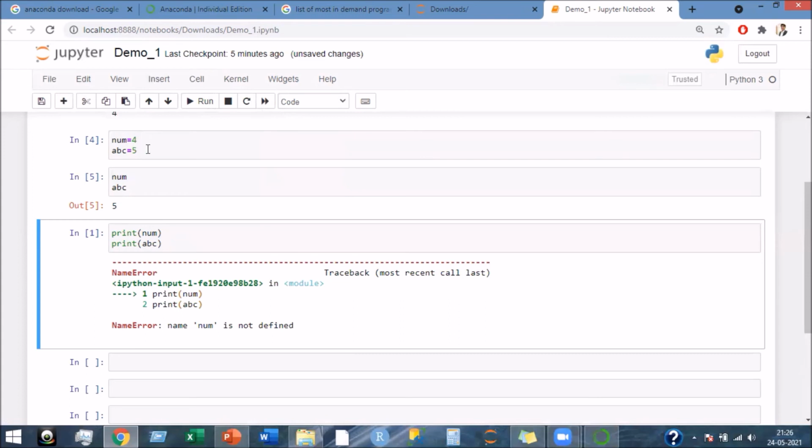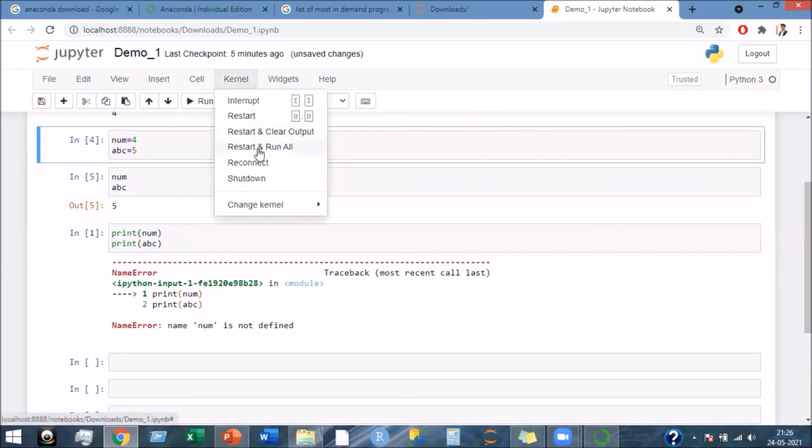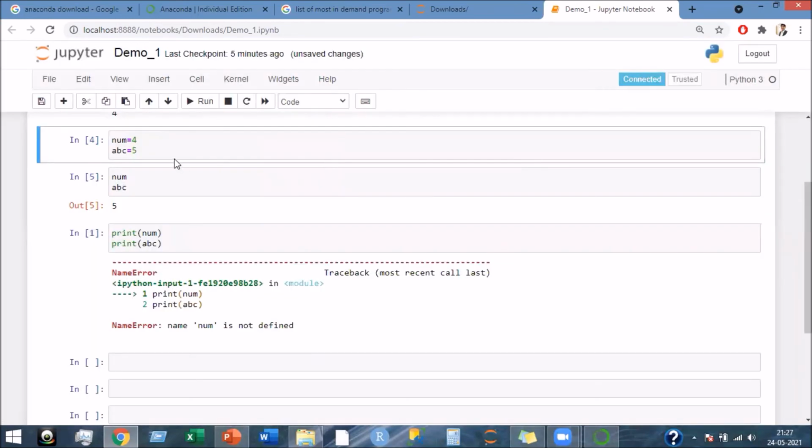Whenever you assign anything into a variable, it's stored in your RAM. So when you refresh your kernel, the variables stored in your RAM are totally deleted, and due to that you have to run the program from the beginning. So the option would be to use restart and run all, where it will run from the beginning.